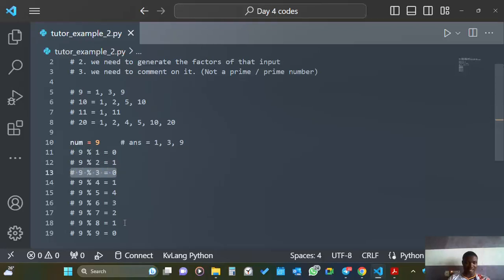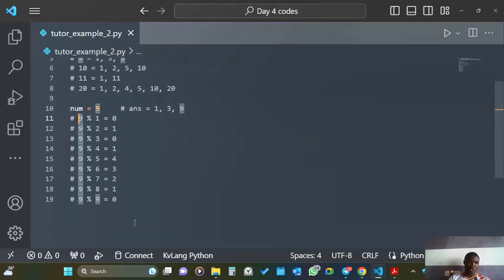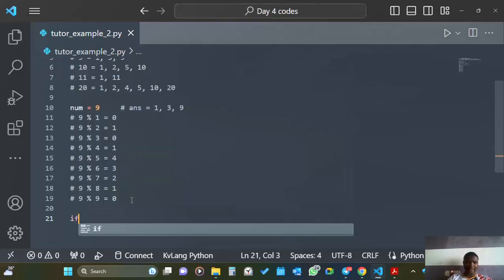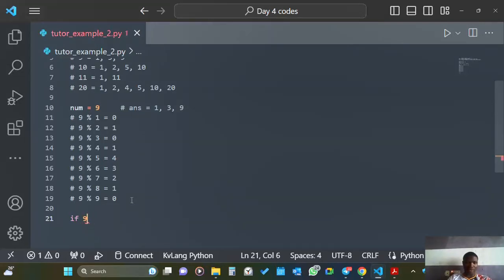Okay, so you realize that all those with a remainder of 0 are the ones that are actually the factors of 9. So if we divide 9 by a number and we get a remainder of 0, then it means it's a factor. So given this logic, let us write a simple if statement. We can say if 9, or the number num, percent 1